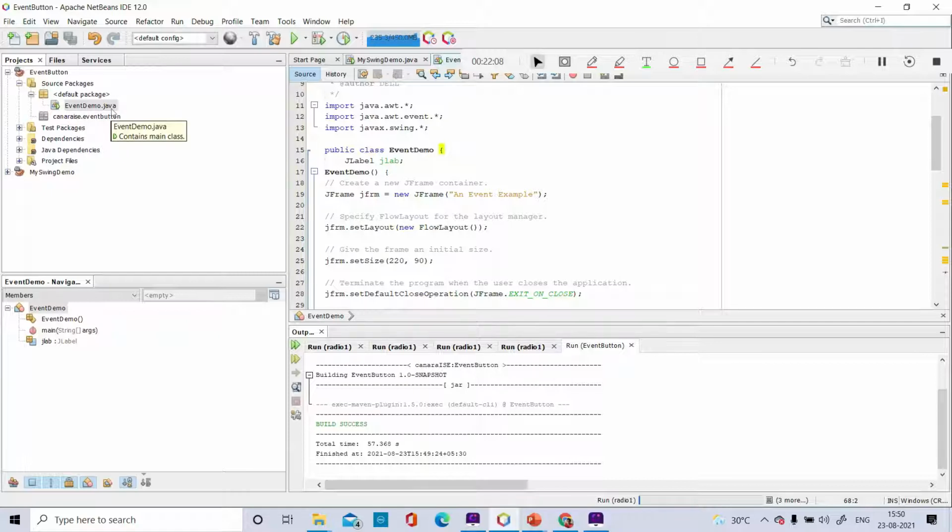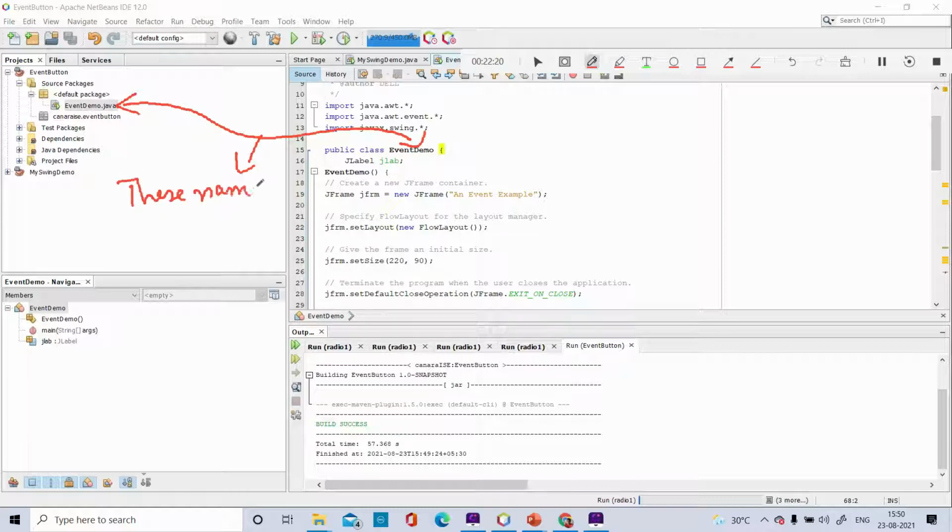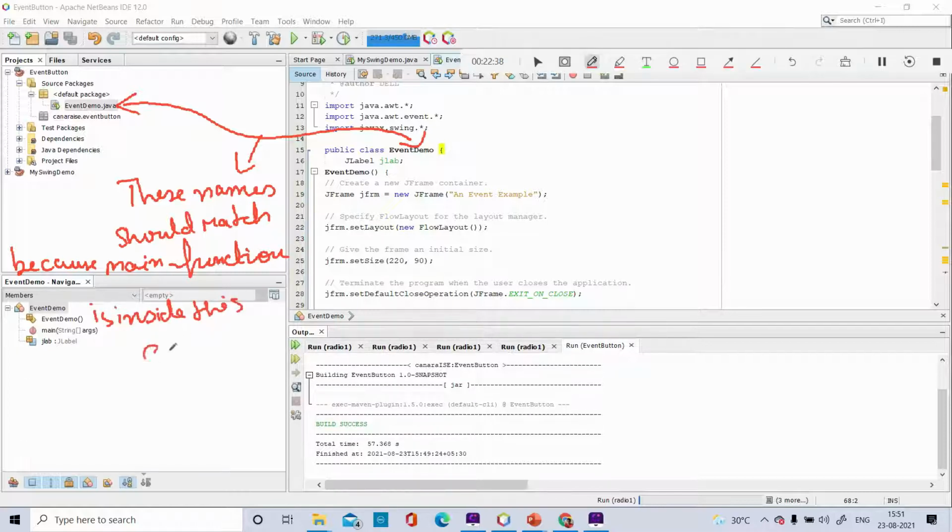That should match, so that is one more thing you have to be very careful about. These names should match, because the main function is the function from where the execution starts, and the main function is inside this class. So you need to be very, very careful, students.